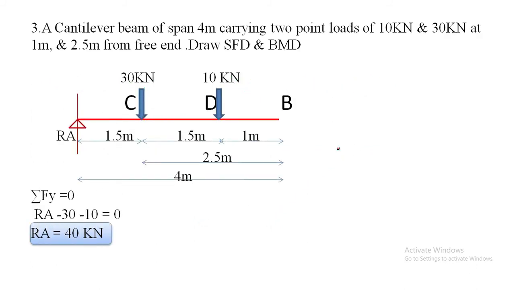This is the second problem. Now come towards the third problem. The third problem states that a cantilever beam of span 4 meter carrying 2 point loads of 10 kilonewton and 30 kilonewton at 1 meter and 2.5 meter from the free end. Draw SFD and BMD. Means that, consider this is a